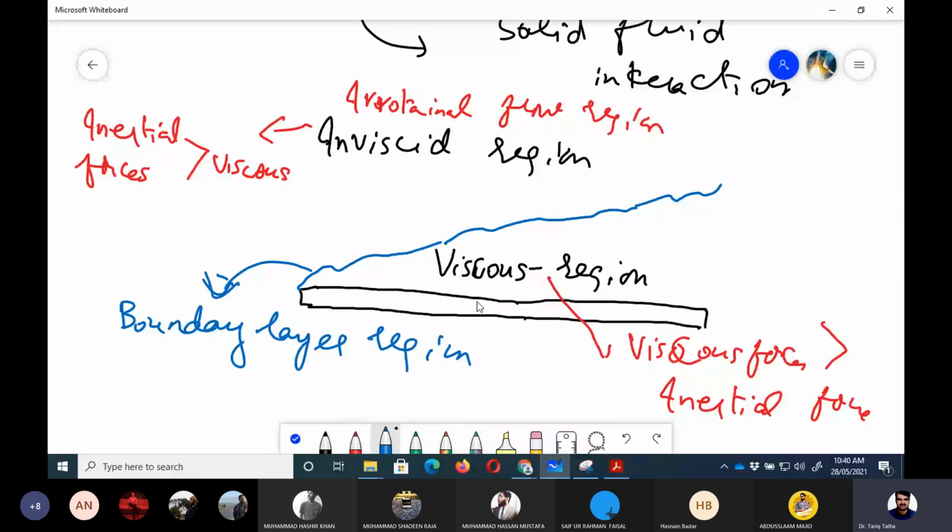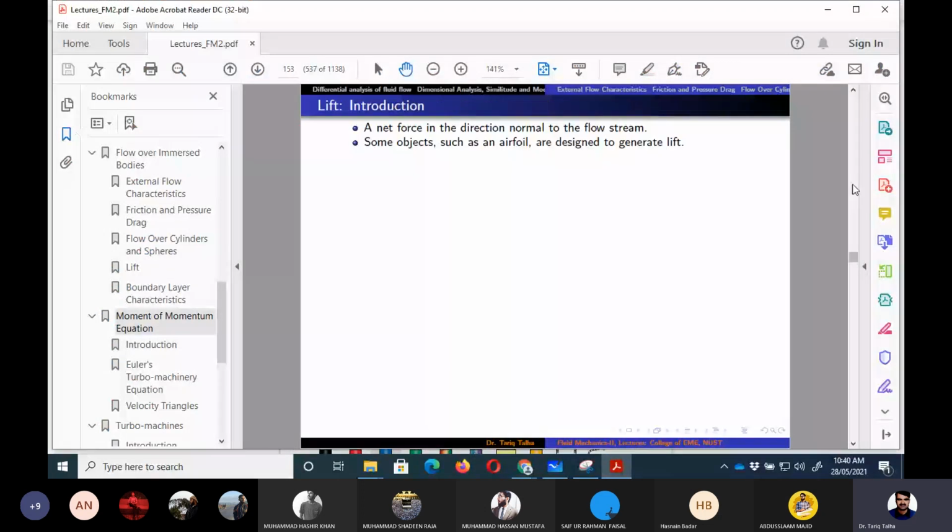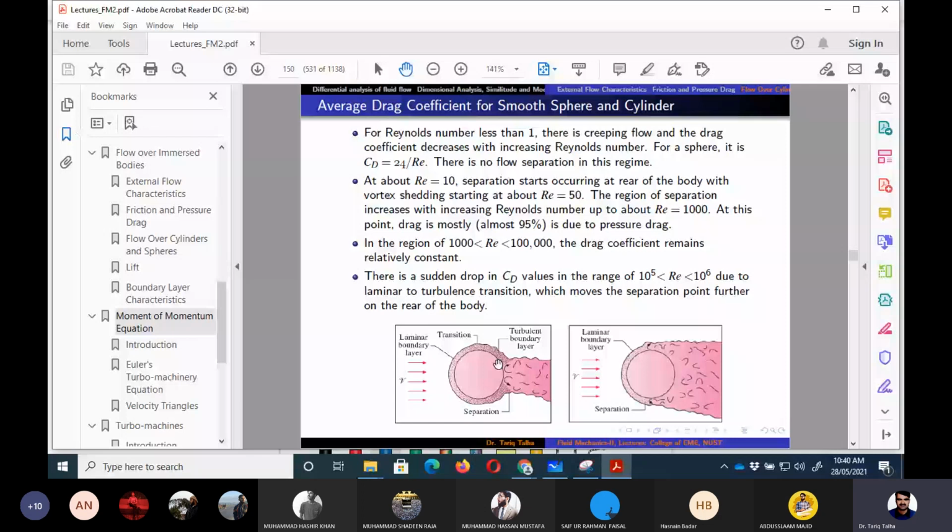So as we discussed for the drag in blunt bodies like circular cylinder, if I can show you this figure, if the boundary layer is laminar in this flow over cylinder, then the flow would separate at theta equal to 80 degree and the wake region would be quite big. But if the boundary layer is turbulent, in that case the flow separation would happen at the back end, which is theta equal to 180 degree when we are measuring theta from this axis. So in that case the wake region would be less and drag forces would be more. Yes, any question?